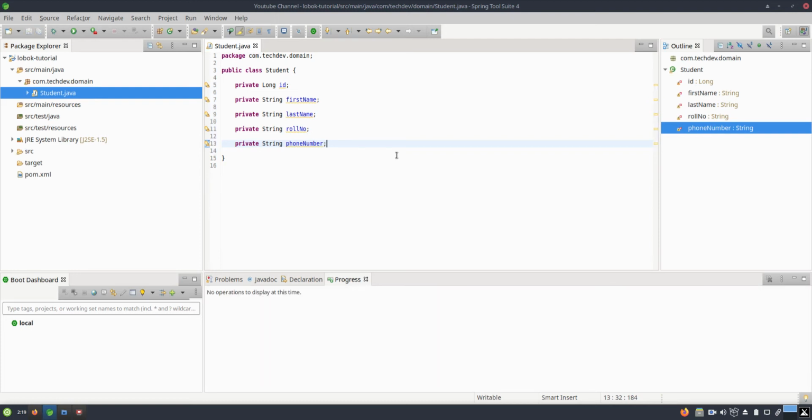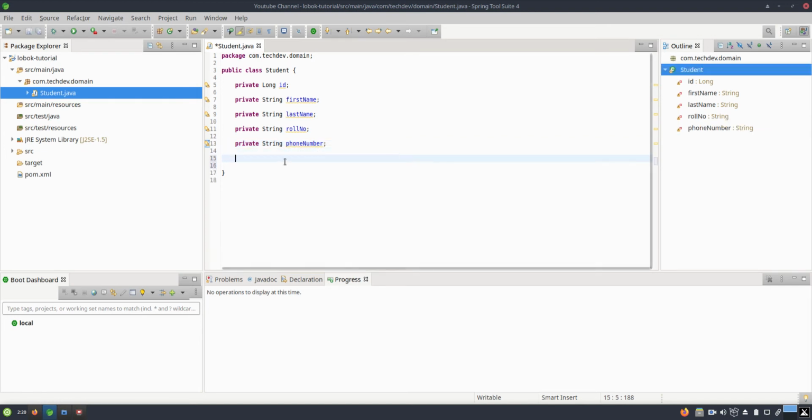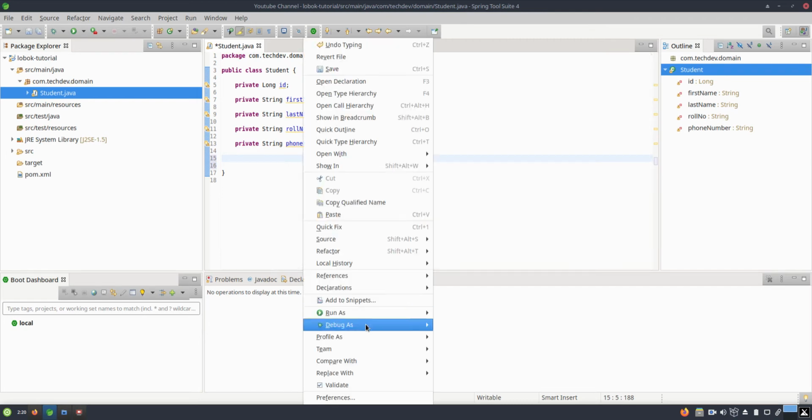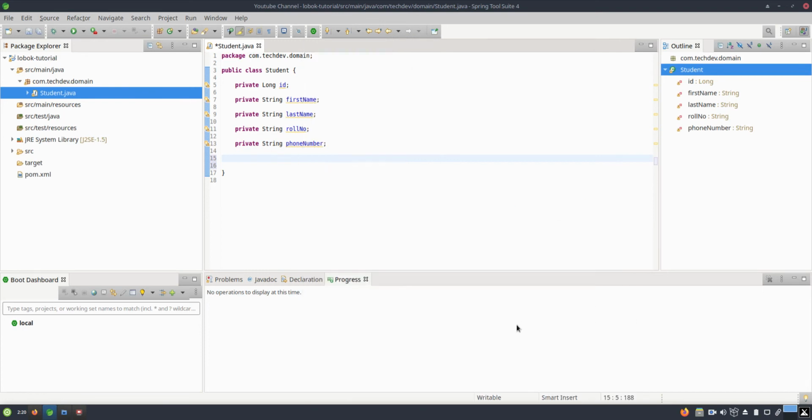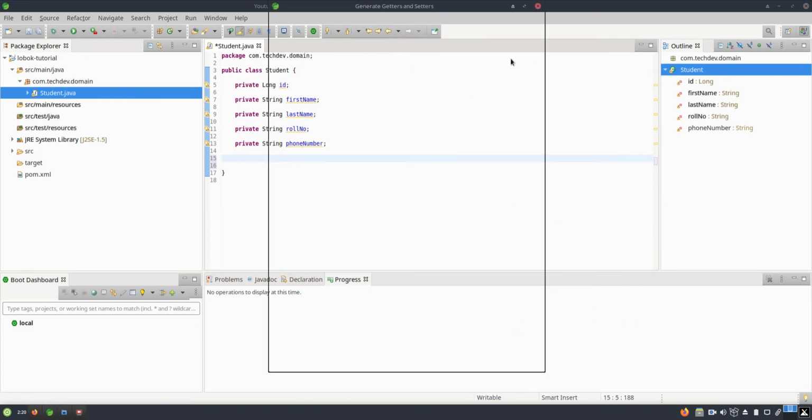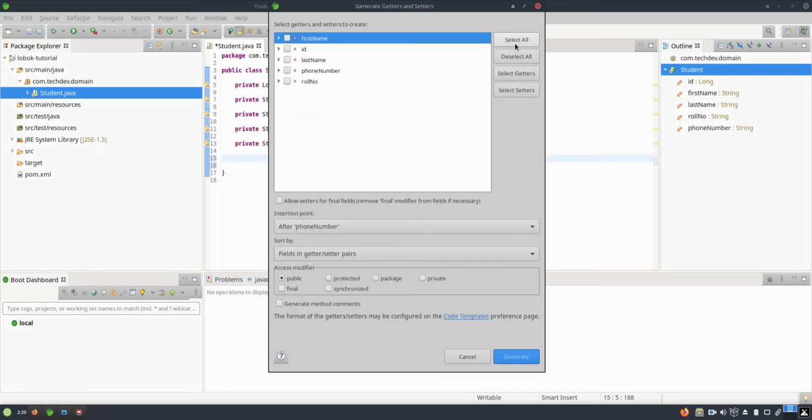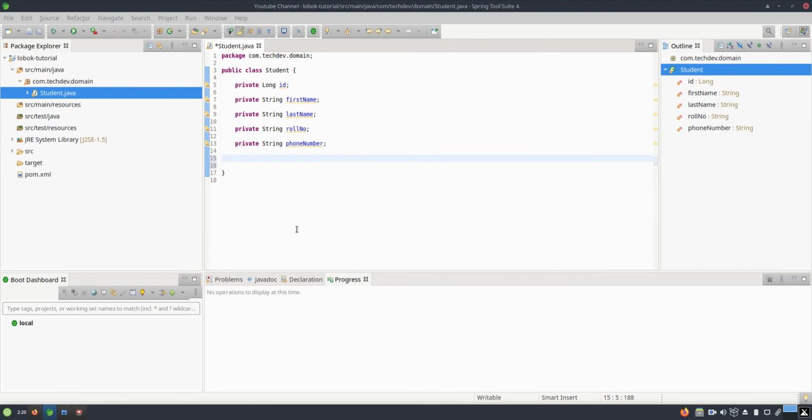Generally now, if we are not using any Lombok repository, we will create the getters and setters and the constructors. From the source menu, we will create getters and setters. Select all and generate. Here we will have all the getters and setters.